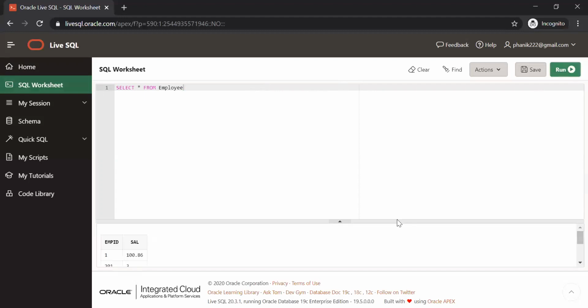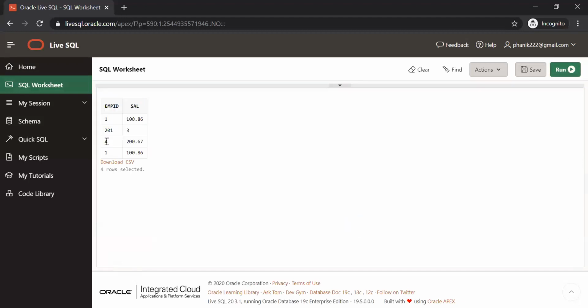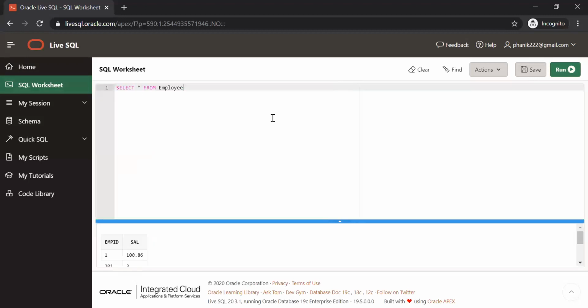Now I should be able to see without any issues. See, the fourth entry. So when you explicitly specify the columns, no matter the column order in the table, you can insert into any column. The thing is, the column order and value order should match.